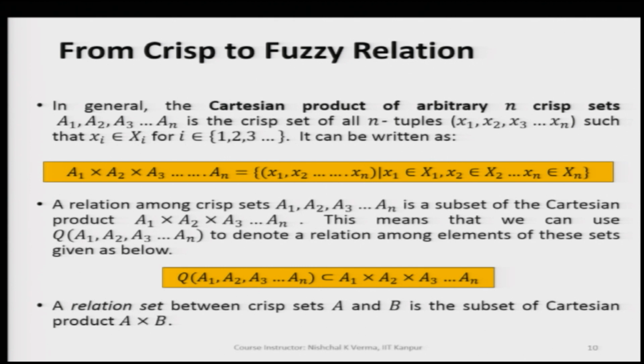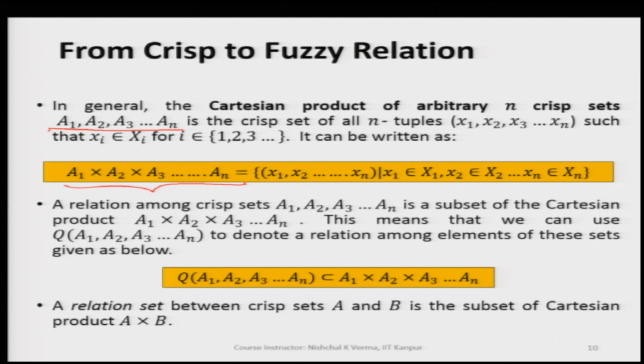Now, let us move towards the Cartesian product of the n crisp sets. In general, we can write the Cartesian product of arbitrary n crisp sets like this. If we represent the n crisp sets as A 1, A 2, A 3 and so on up to A n, and we are interested in the Cartesian product of all these n crisp sets, this Cartesian product of A 1, A 2, A 3 up to A n can be represented by